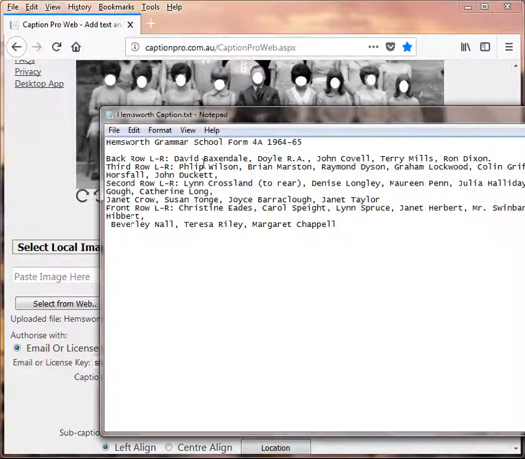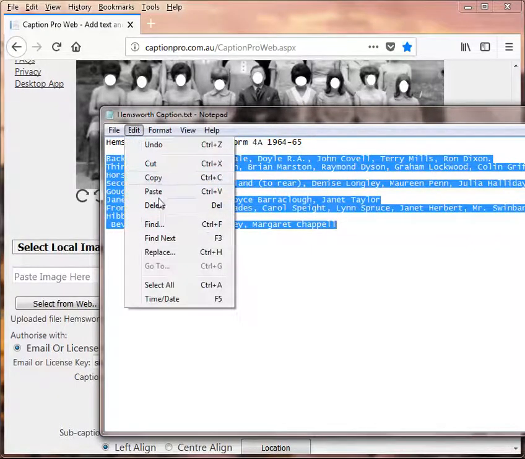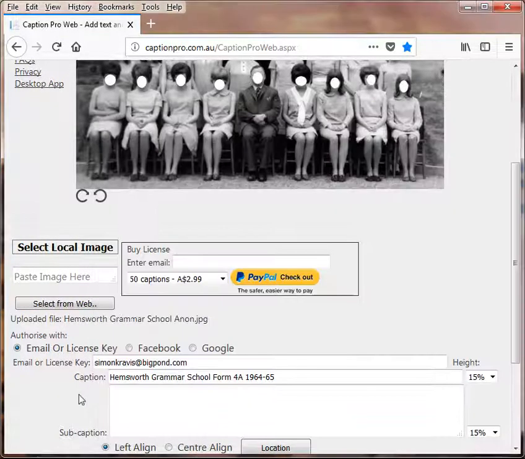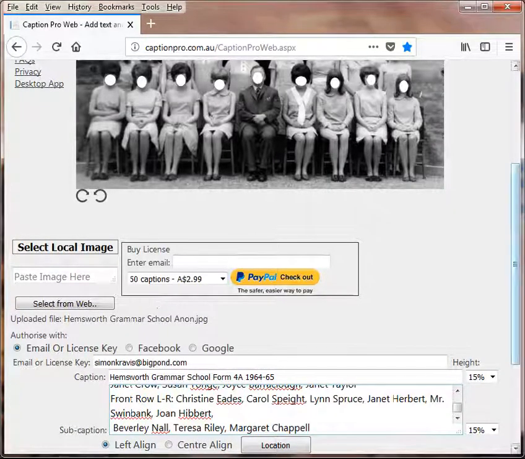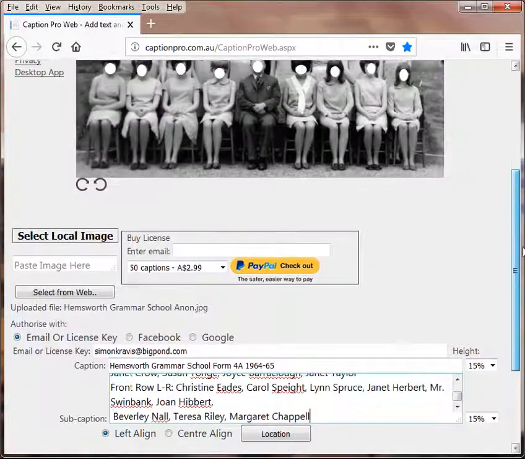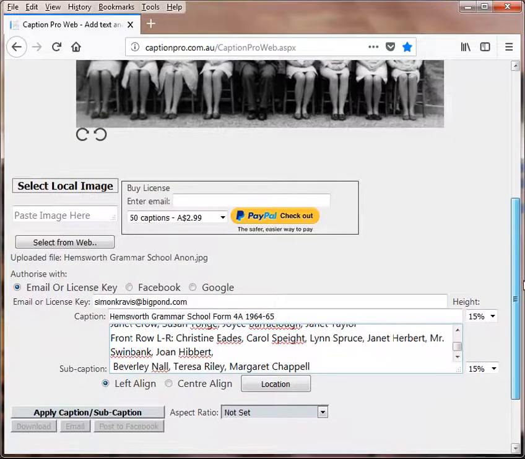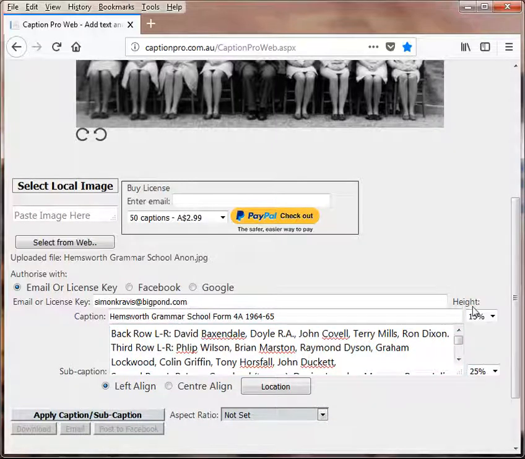The next thing we'll do is to select all of the multi-line component of the caption, copy that to the clipboard and then paste that into the required field. Now we've got a left alignment because we'd like all of the multiple lines to be aligned on the left, and we'll ask for slightly more space to be taken up by the multi-line caption, take that to 25%. And now if we click on Apply Caption and Subcaption,